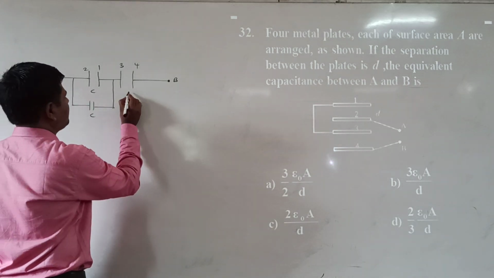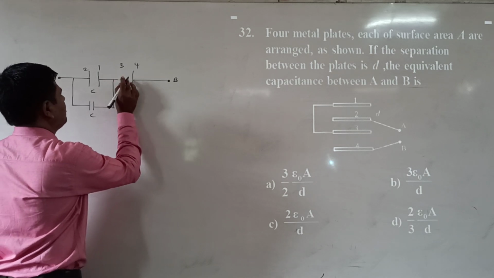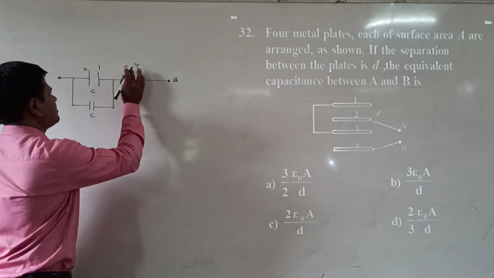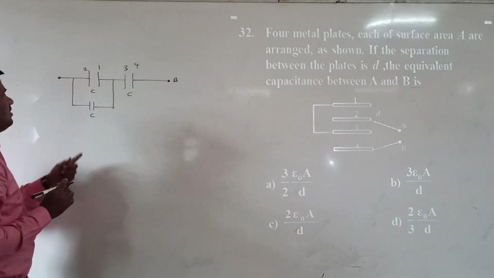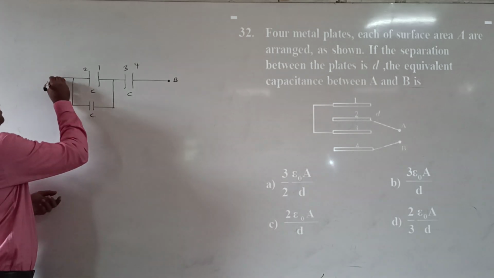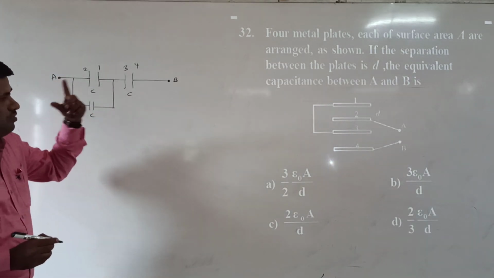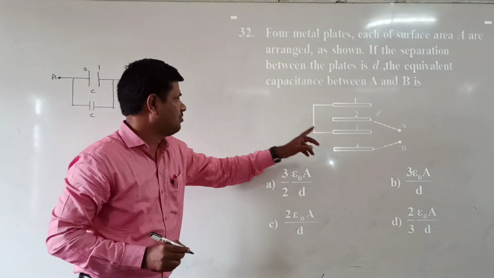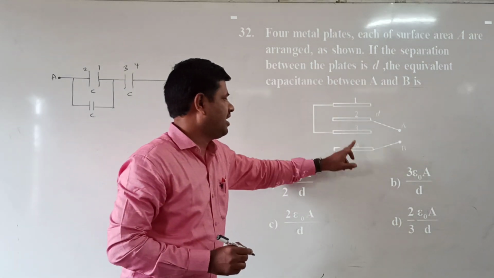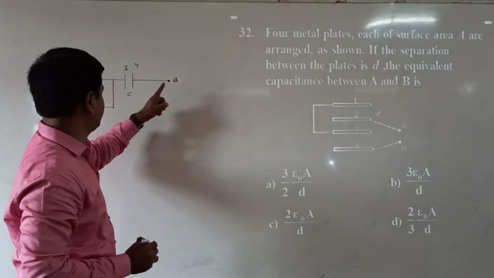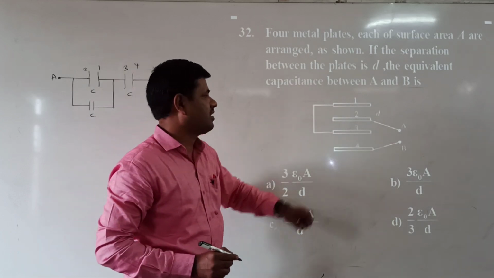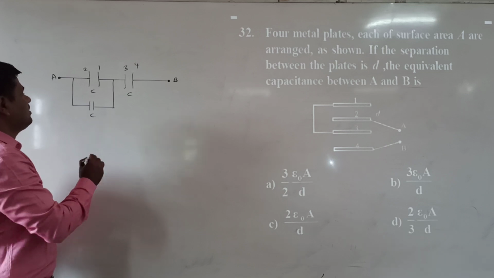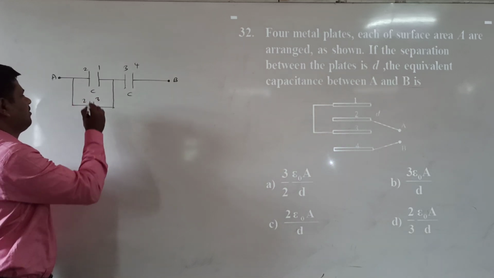Now listen here, this has the capacitance C. This third plate is connected to the fourth plate here. This has the capacitance C. This is the A terminal. A terminal is connected to 2. Next, in between 2 and 1 a capacitor is there. 1 is connected to 3. In between 3 and 4 one capacitor is there. That 4 is connected to B. In between 2 and 3 also one capacitor is there, so another capacitor is connected between 2 and 3.